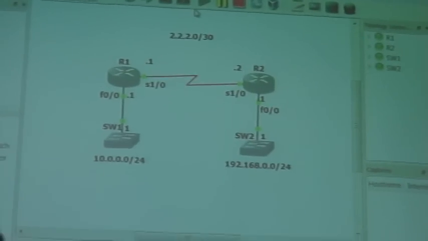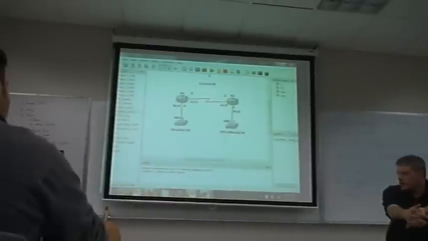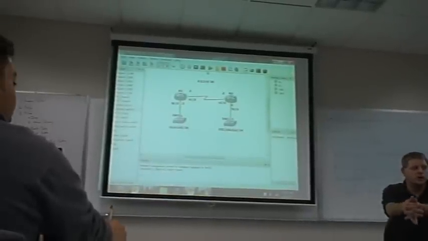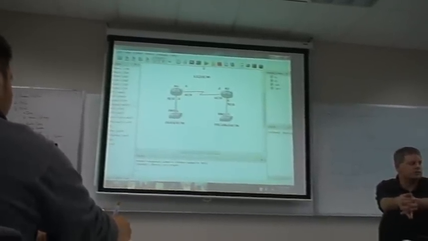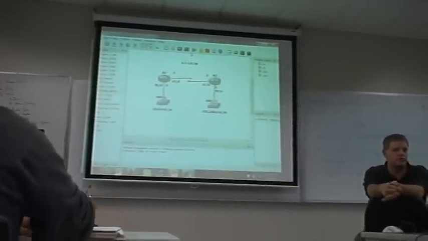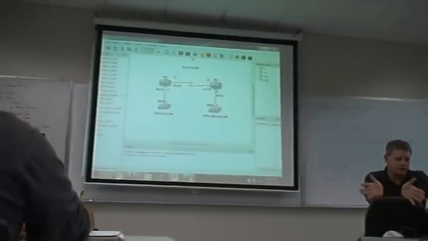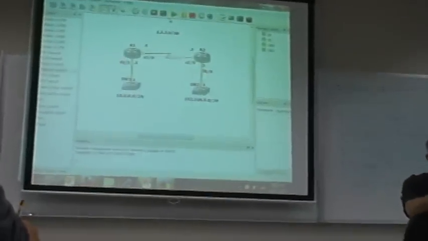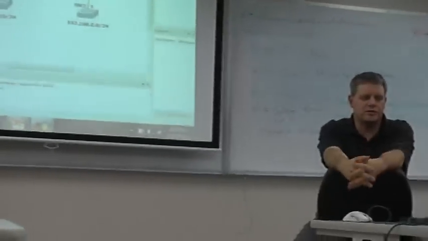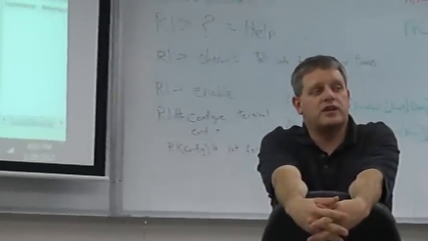We're going to set up a very basic network with OSPF. And then we're going to jump back into access control lists and start playing around with how ACLs work. Okay? So, before I do that, one of the things that I absolutely do not like about GNS3, and this